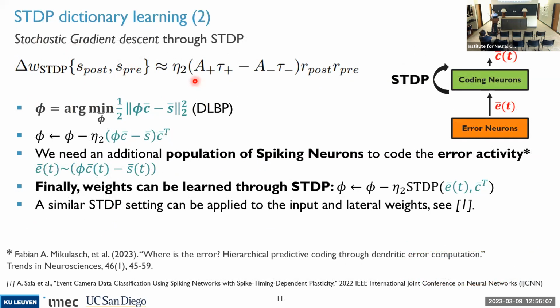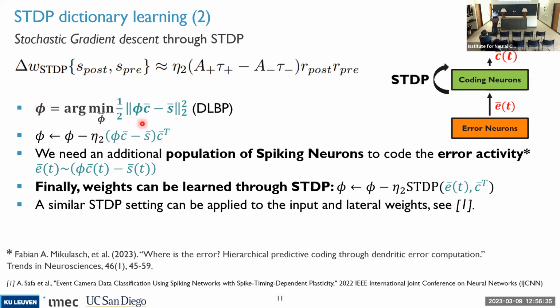And so now we have a simplification of STDP. We know that in the instantaneous spike wave domain, we can safely approximate the effect of STDP as the product of the postsynaptic spike wave and the presynaptic spike wave. And we also have this additional constant here, which is related to the STDP parameter. Now that we have established this step, we can understand how to learn the dictionary.